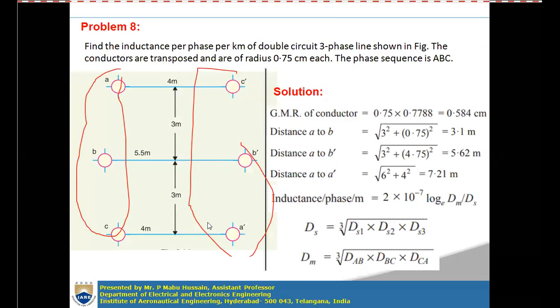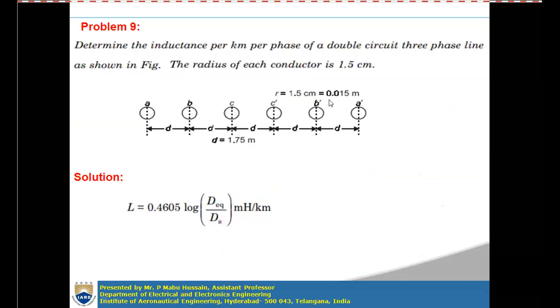So you have A dash, you have B dash, C dash. You have the same conductors. The distance to A dash is D plus D plus D plus D, so 5D is the value, and the D value is also given as 1.75. So the A dash distance you can know. The AB dash distance is 4D. The AC dash distance is 3D, and D is 1.75 meters. So all distances from this figure you can know, right? And the radius also you can know, right?